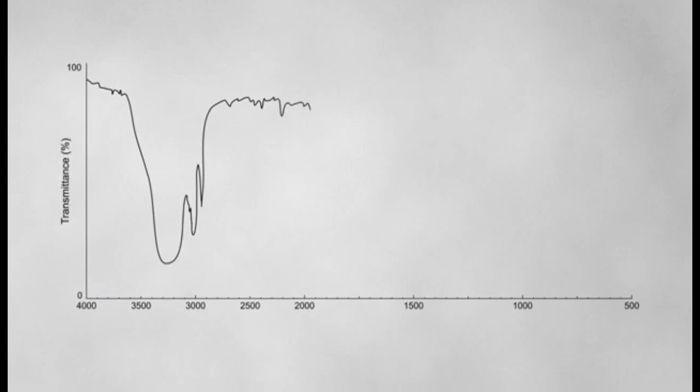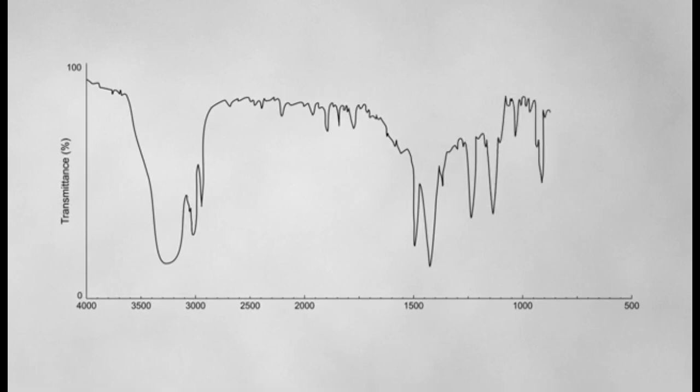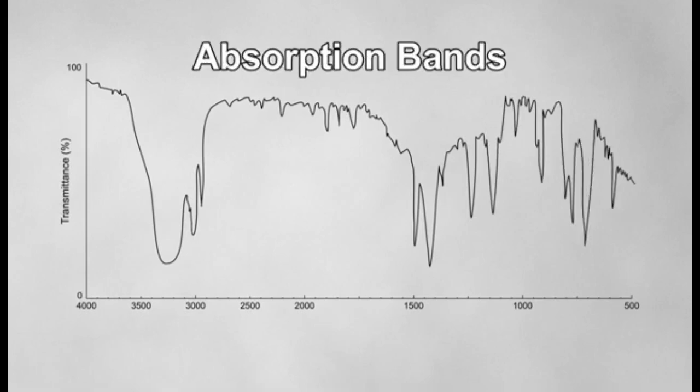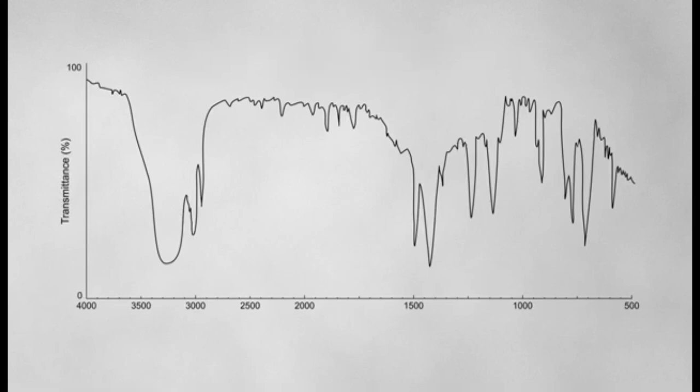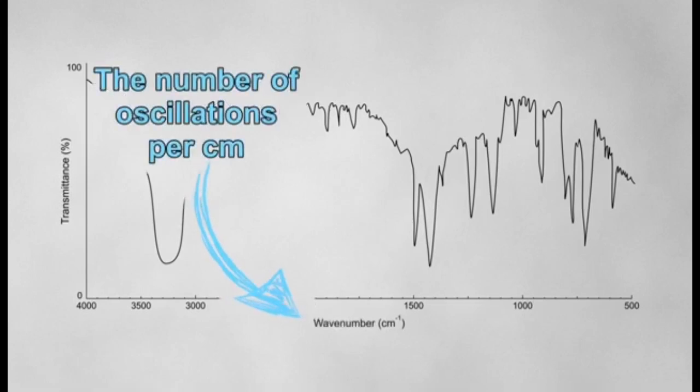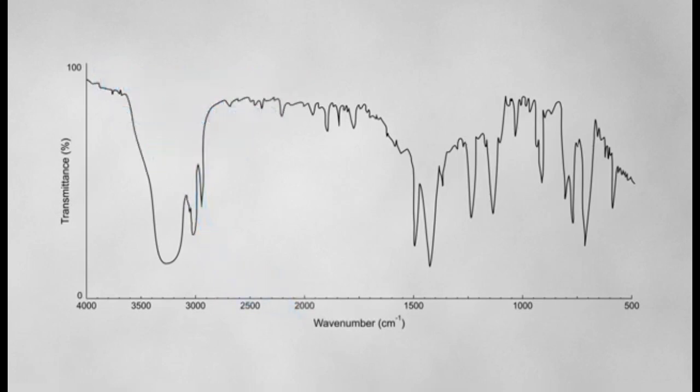Depending on what bonds are present in the sample, different frequencies of IR radiation will be absorbed, so we see these inverted peaks across the spectrum. We call these inverted peaks absorption bands. The frequency along the x-axis of the spectrum is measured in inverse centimeters, or centimeters to the minus 1. You'll often see this axis labeled as wavenumber, which essentially means the number of oscillations per centimeter. This is directly proportional to the energy of the radiation, so high values of wavenumber